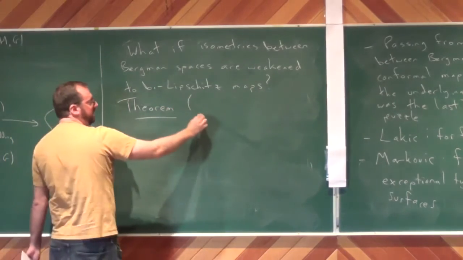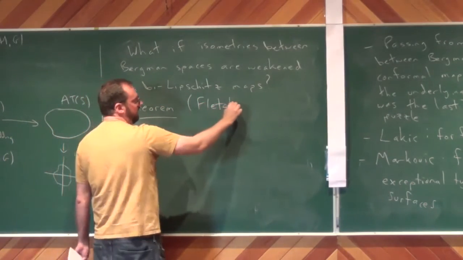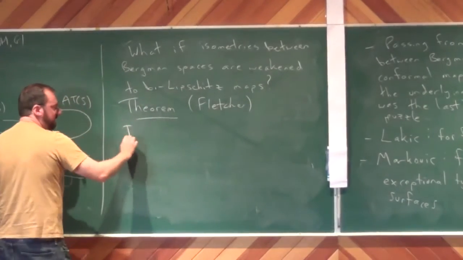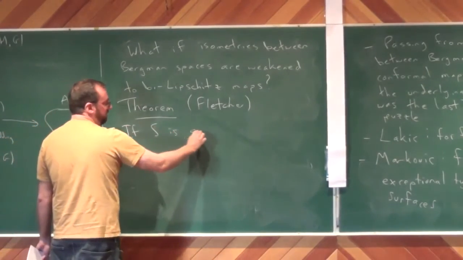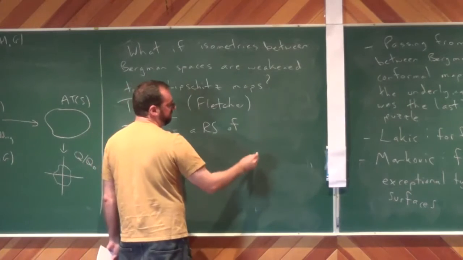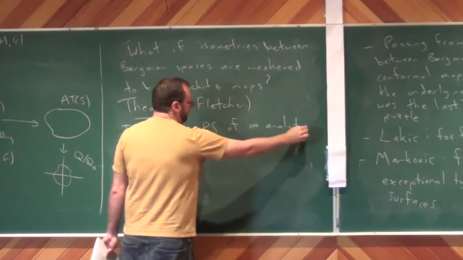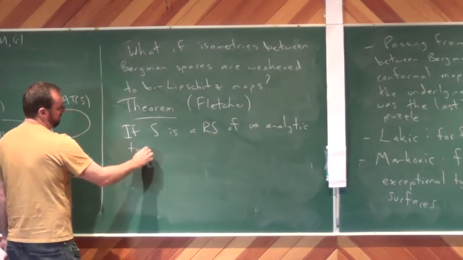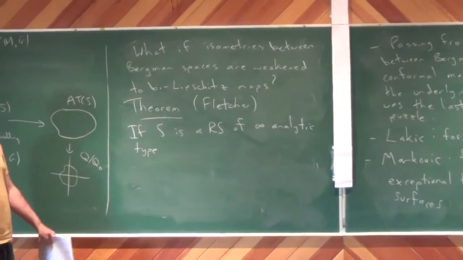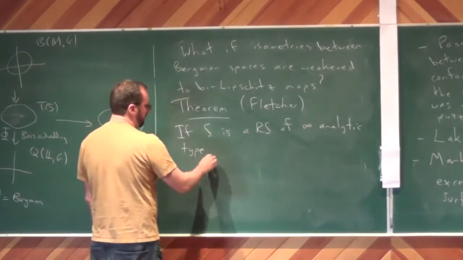And finally, I get to say something like that. So, if S is a Riemann surface of infinite analytic type, so genus g, n punctures, g or n may be infinite, then